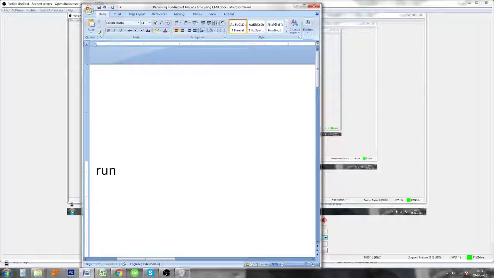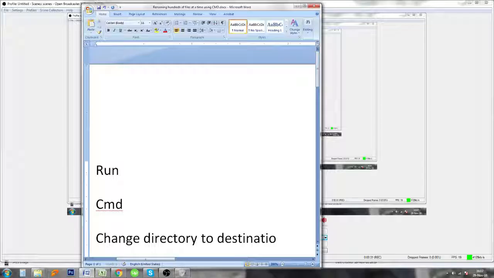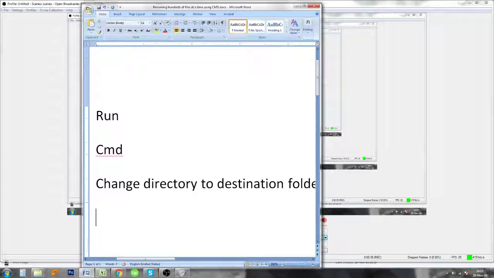For that, you'll have to go to Run in the start menu and type cmd. Then you'll change the directory to your destination directory. First change the drive from C to your destination drive, suppose I, and give enter. Then type cd, a space, and a quotation mark, and copy your directory address,